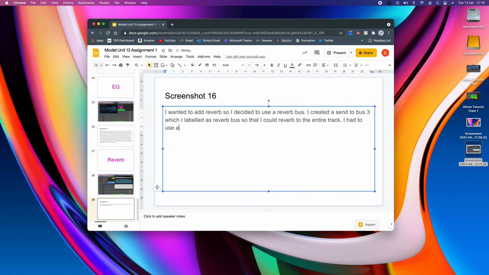I had to use a send for this because I had already changed the output of the vocals for bus 2. This is a limitation of using outputs for buses. Let's go with outputs. I used the Space Designer reverb module